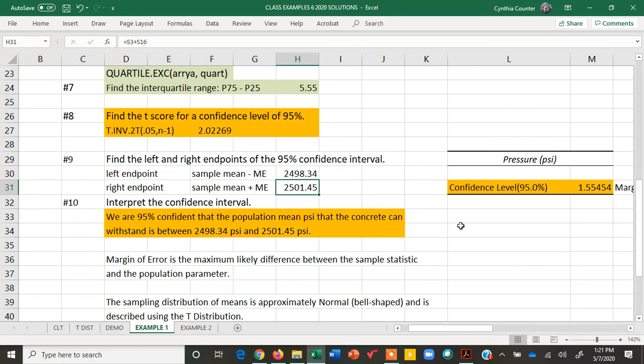If you're interested in more about the sampling distribution of the means, I have another video that talks about the central limit theorem, and that is the theorem that tells us that the sampling distribution of the means is approximately normal, and that's why we use a t-distribution. It's also the theorem that tells us that the standard error is computed as the standard deviation of the population divided by the square root of the sample size that was drawn from the population. So if you're interested in more details about the theory, check out the video on the